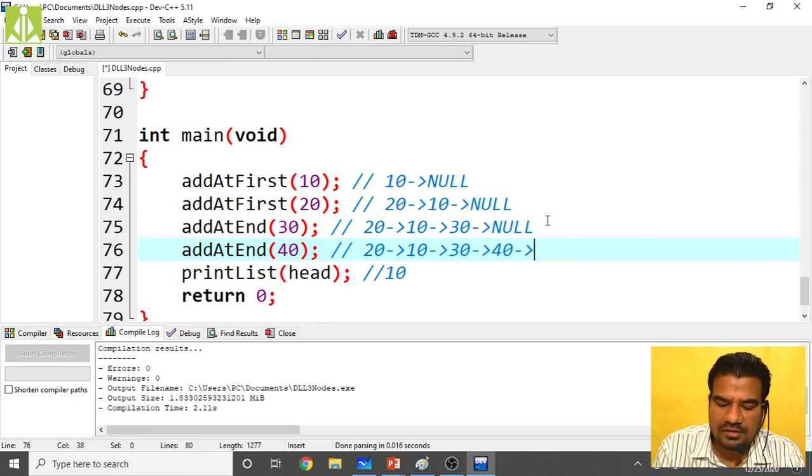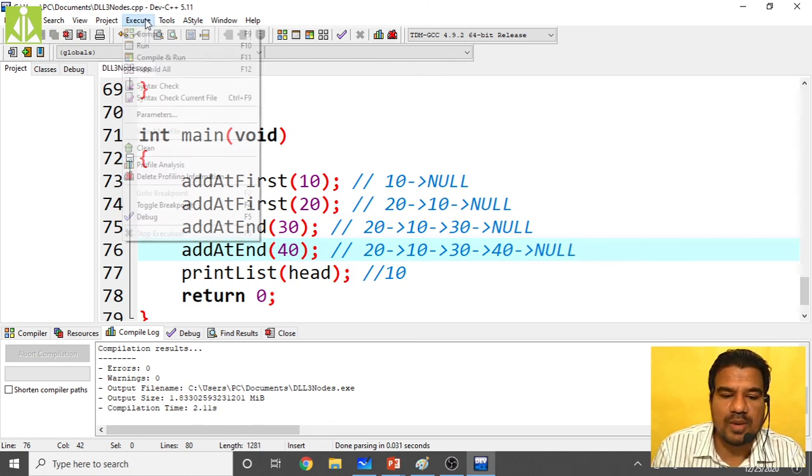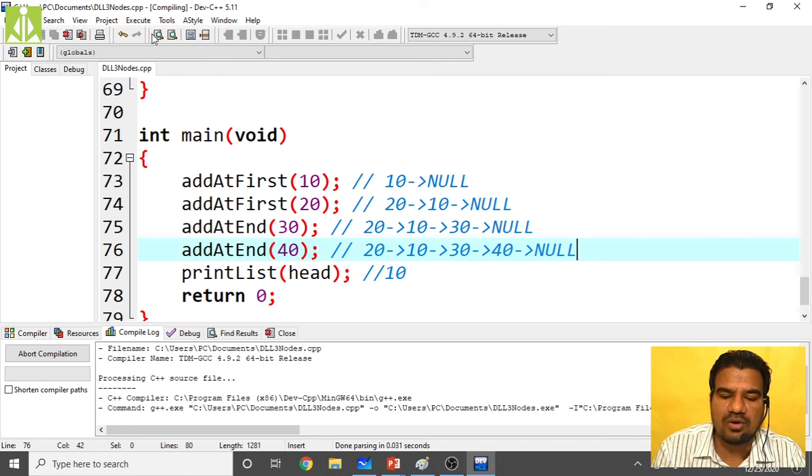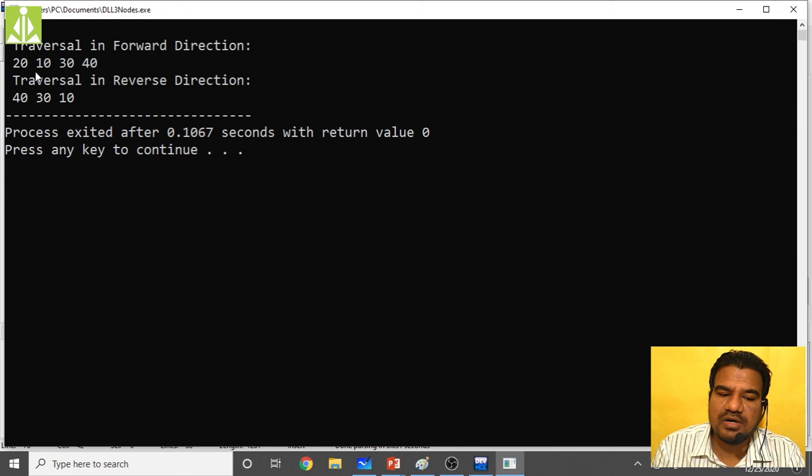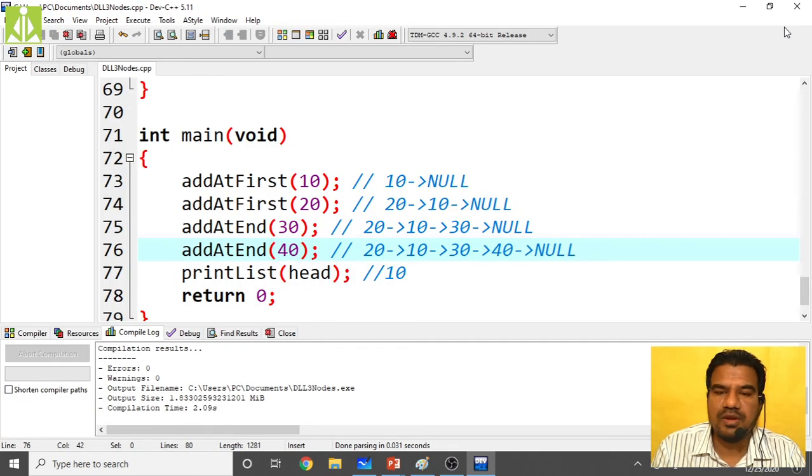After 40 it has to give null. Compilation successful, then run. The forward direction traversal we are getting accurately: 20, 10, 30 and 40. Forget about reverse direction; we'll see it in our next class hopefully. So thank you very much students.